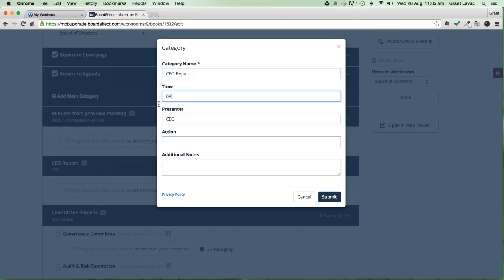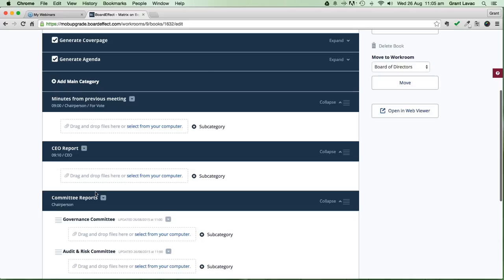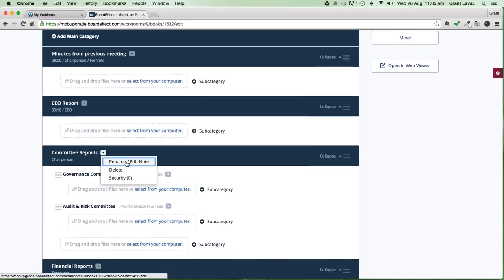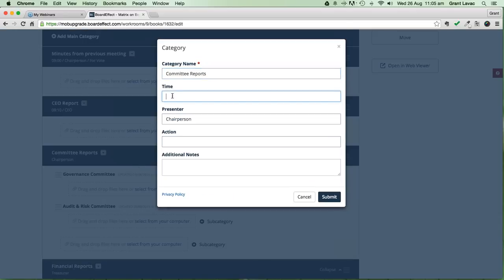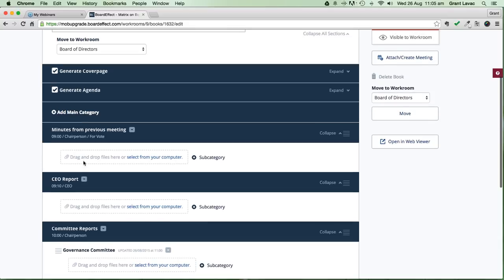Our CEO report is directly after that at 9:10, and so on. You get the picture of how easy it is to customize and tweak your agenda items for best fit. Let's say the CEO report goes for a while, so 10 a.m. So once you've got this architecture in place, you've got some presets in there for your cover page and agenda